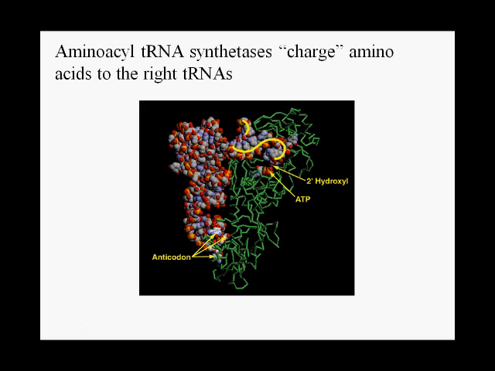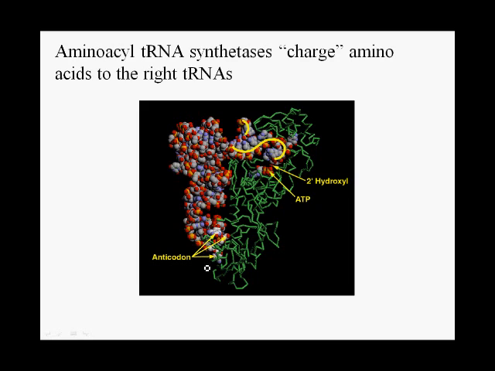If you think about it, the cell has to have a system for making sure that each tRNA gets the right amino acid attached to it. And that's the job of this family of enzymes called aminoacyl tRNA synthetases. Each one binds a specific tRNA. The tRNA here is shown in this ball structure, and the enzyme is shown with just the peptide backbone. Each of these tRNA synthetase enzymes recognizes the correct tRNA by its anticodon loop.